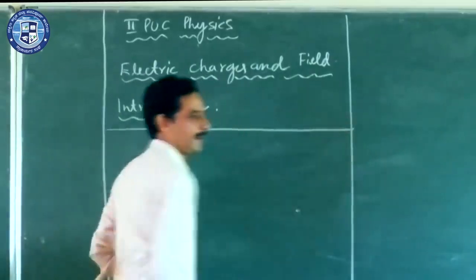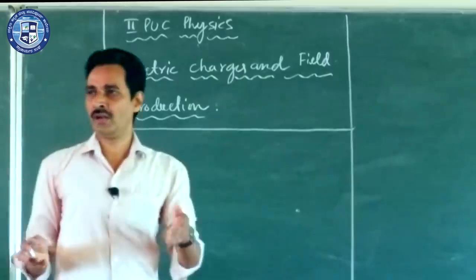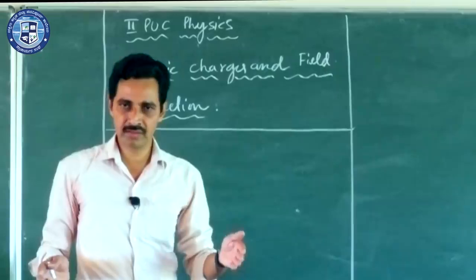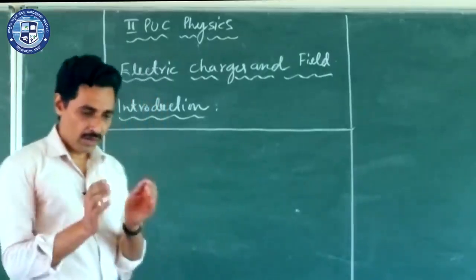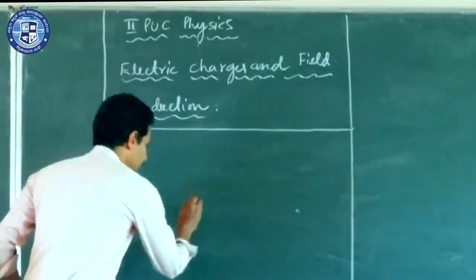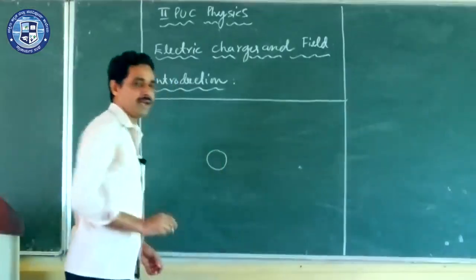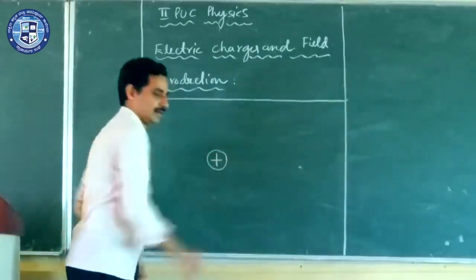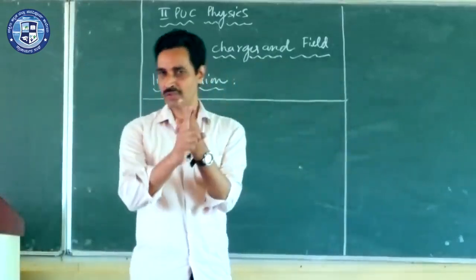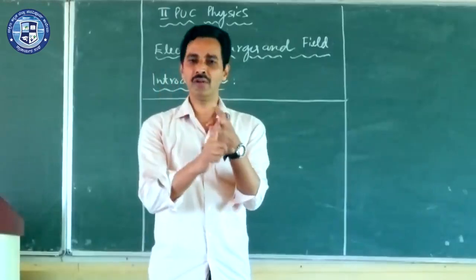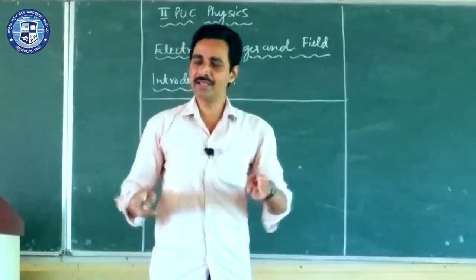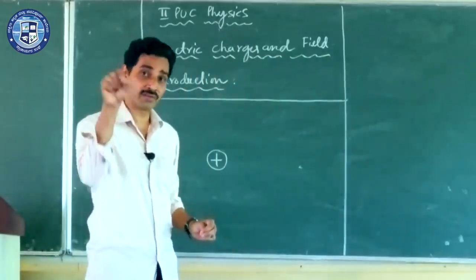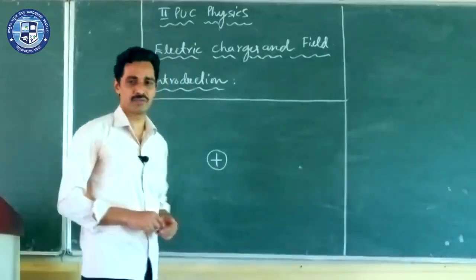Suppose you look into the structure of a material. All of you know how an atom is made up. Every material is made up of molecules, and molecules are made up of atoms. How is the model of the atom? In an atom, we have a nucleus, and usually we say the nucleus is positively charged. Why? Because the nucleus contains two members. One is the neutron, another is the proton. The neutron is electrically neutral, and the proton has some charge. We conventionally give positive charge to the proton. That's why the nucleus is positively charged.